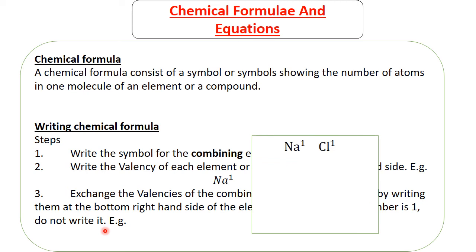So let's say we have sodium and chlorine. They are about to combine to form sodium chloride. So sodium, you put the valency, which is 1, and chlorine, you put the valency, which is 1. Chlorine is in group 7, so it's a non-metal, so it's 8 minus 7, 1. 1 is the valency. So now that we have sodium and chlorine with their valencies on top, what we do next is we combine them,